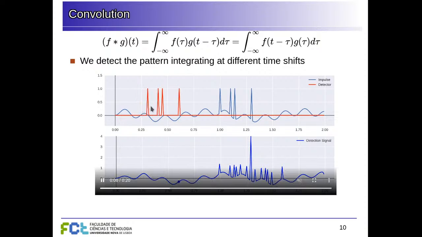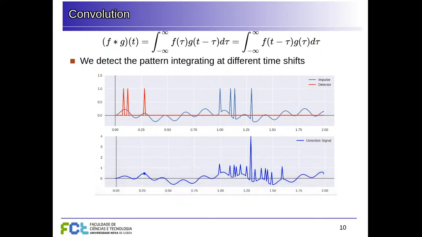And if we are considering time displacements that do not match the pattern, we have a very small result here. When they start matching parts of the pattern, we have these peaks, but when there is a superposition between our detector and the pattern, we have a very large peak here. So basically, using convolution operations, we can detect specific patterns in an input vector when we assume that the input